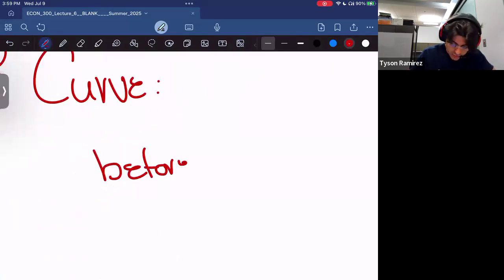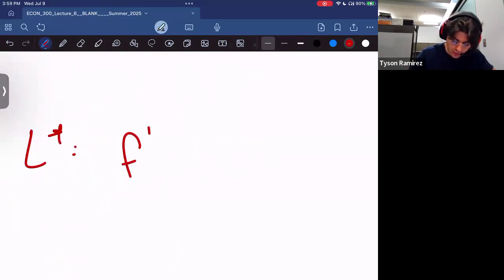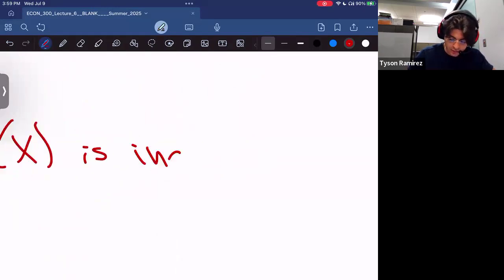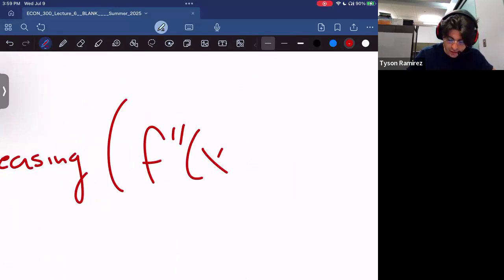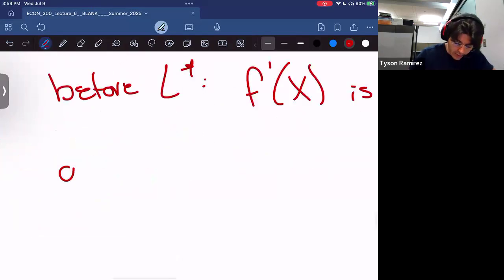Before L star, the derivative itself is increasing. And mathematically, that means the second derivative is positive. After L star,